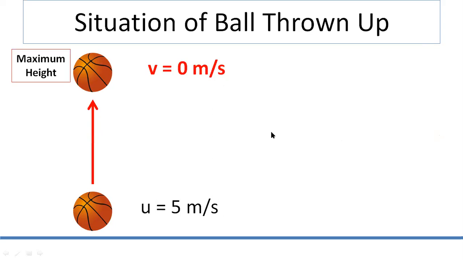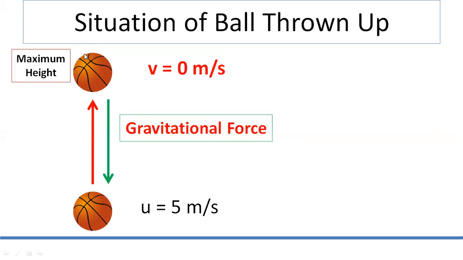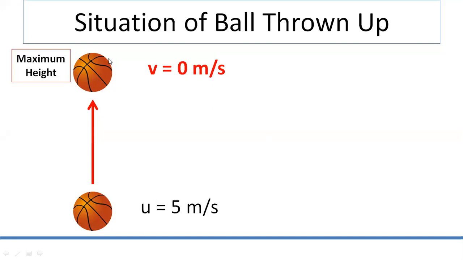Okay, now let us go to the next thing. Let us assume that instead of throwing it up from the ground, we are at this upper height, and when the ball is thrown up, the final velocity is 0, that we know. Now when such types of questions are given, they will give you some acceleration also, that the body was thrown with some acceleration. Let us say it was 2 or 3 meter per second square. You have to take that value negative. You have to take that acceleration negative, and we have to discuss why.